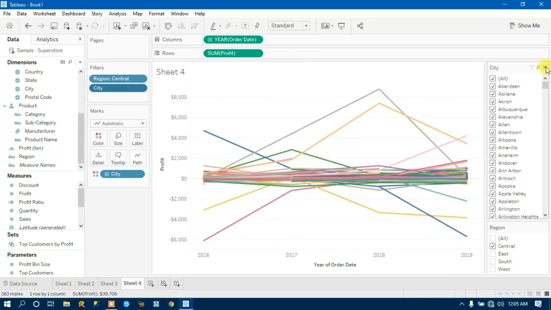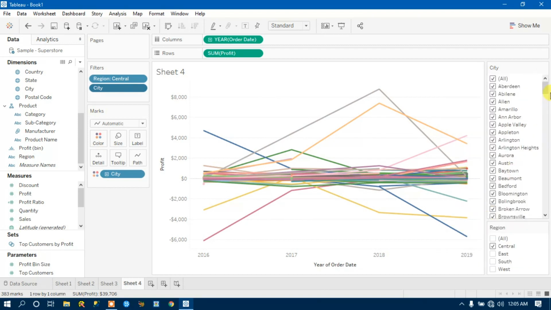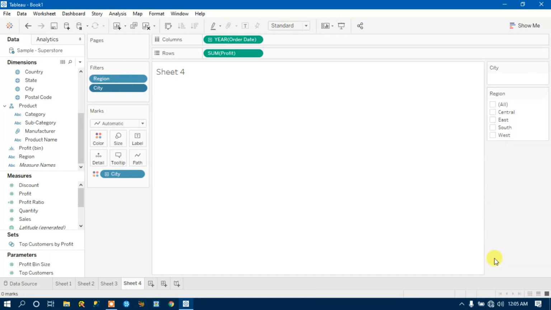So what I can do is go here and apply only relevant values. This is the only option where it will pick only the relevant cities from the chosen region, right?